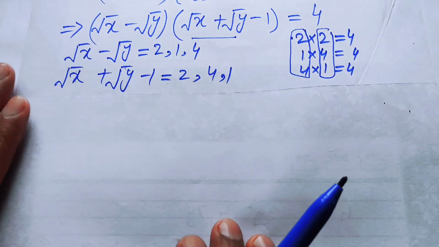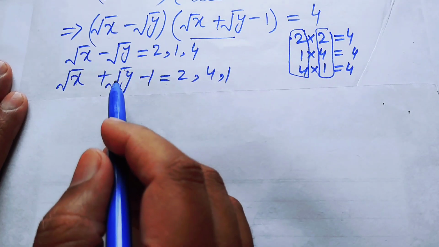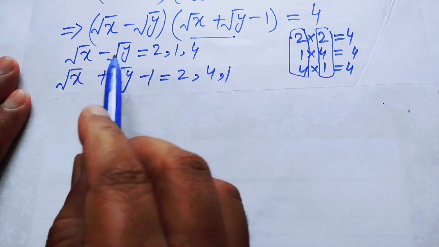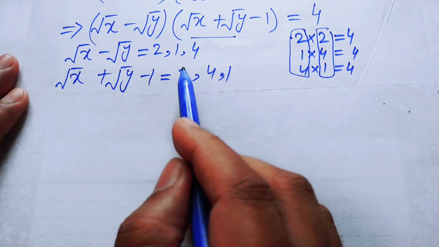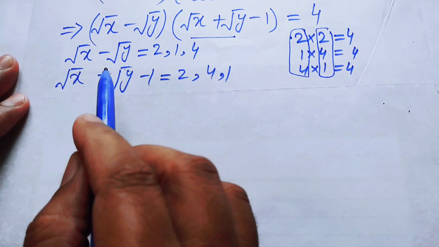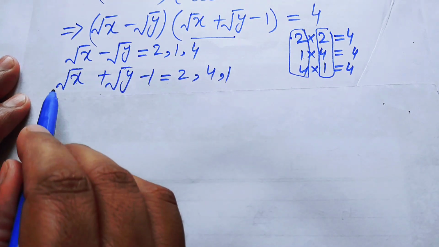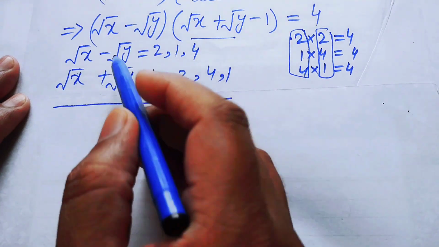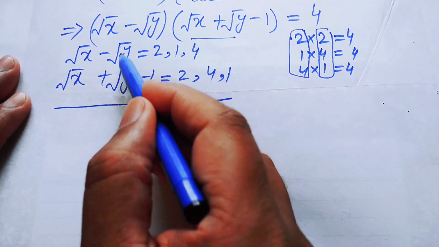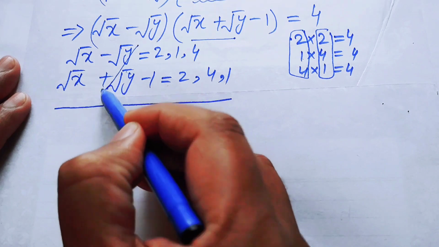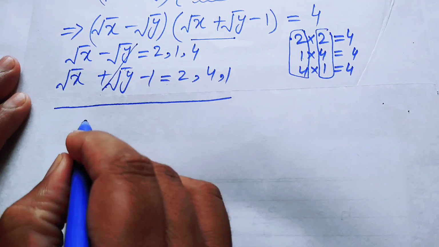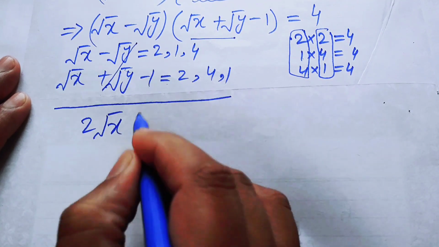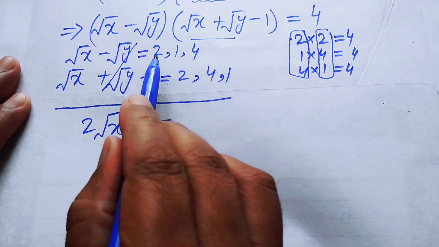So after that, here we have the three cases, but I can solve these three cases in one step. So here we have these new two equations. Now I can just add these two equations, and after adding them, the minus and negative and positive terms cancel out, so we get 2 times square root of x minus 1 is equal to, here we have 2